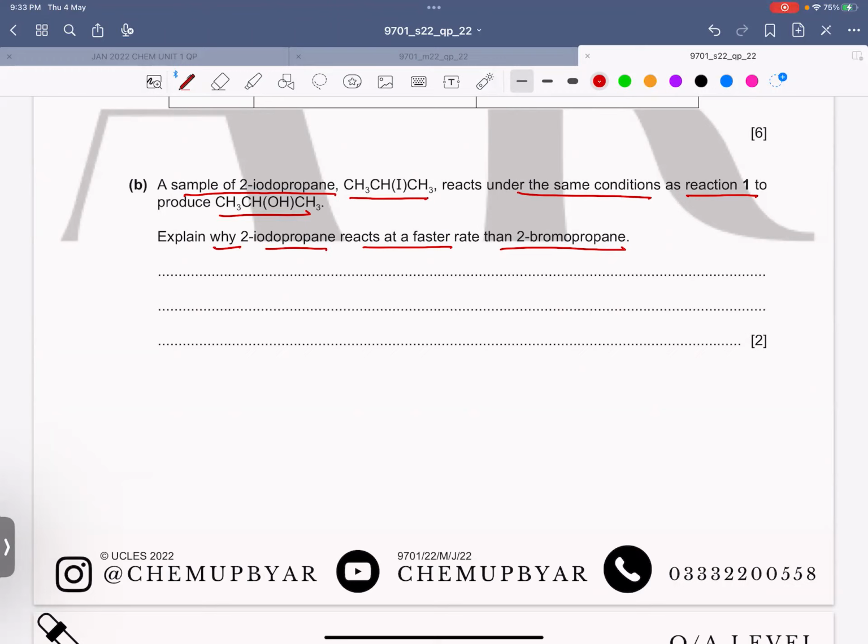Iodide is easily oxidized. It's a stronger reducing agent. Lower activation energy. Okay, low activation energy we can write, but beside this, as we have mentioned that